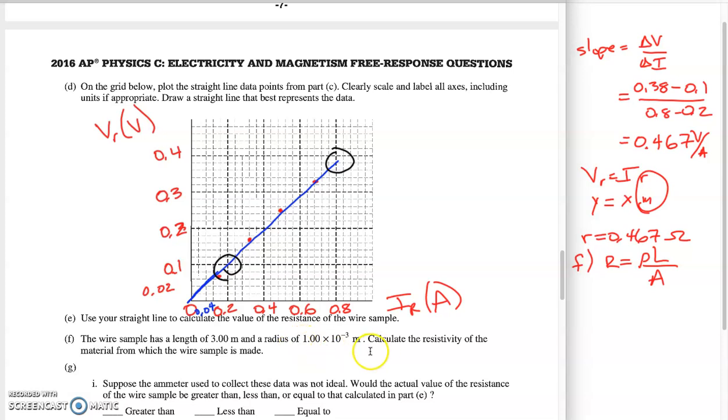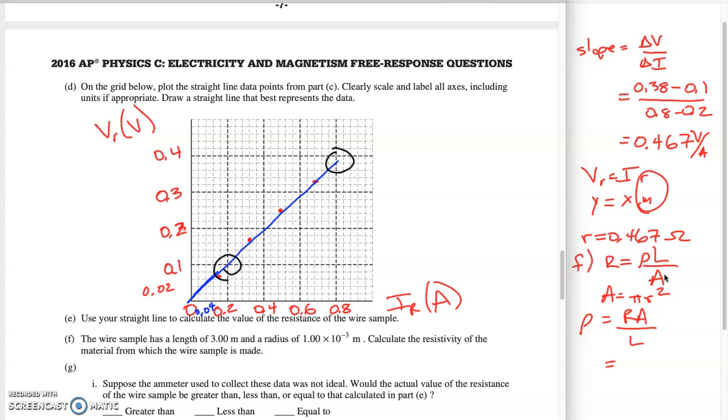They gave us length, and they gave us the radius, and in this case the area is going to be pi radius squared. Don't forget that you can be squaring the times 10 to the minus 3 also. So rearranging this guy, we will get resistance from the previous part, cross-sectional area over length, and when we plug in these numbers,